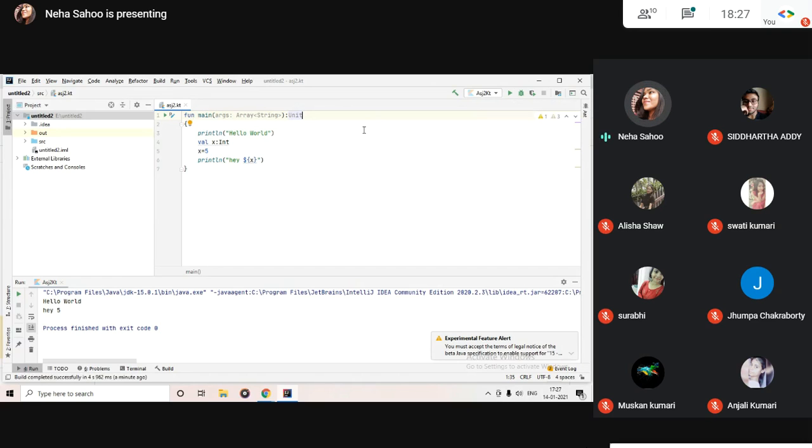Other than that, when writing data types in Kotlin, we write capital Int instead of int, like we used to write in C or Java. The reason is that Kotlin treats all data types as objects. So the data types that you are using are basically objects.